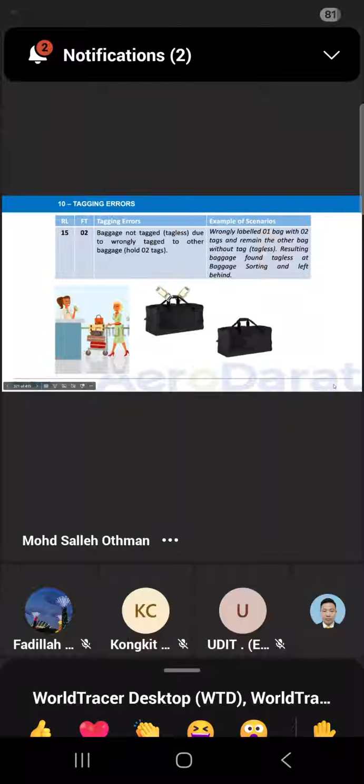Then you push the button and go on in the system. Or you push the button and forget to tag the luggage. Baggage tagless. That's 2 scenarios.